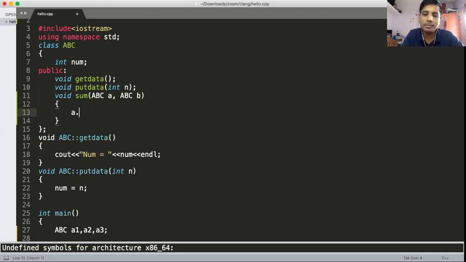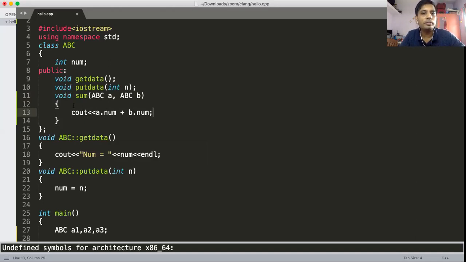You can access the num in A by using a.num. You can access the num present in B by using b.num. Now you just need to print out here cout a.num plus b.num, and that's it.